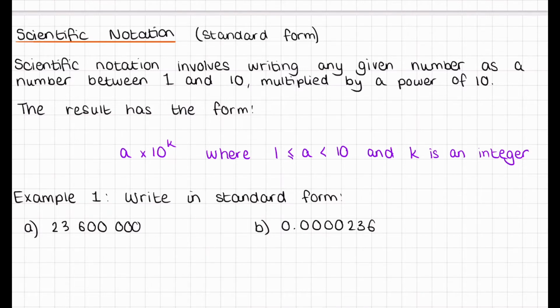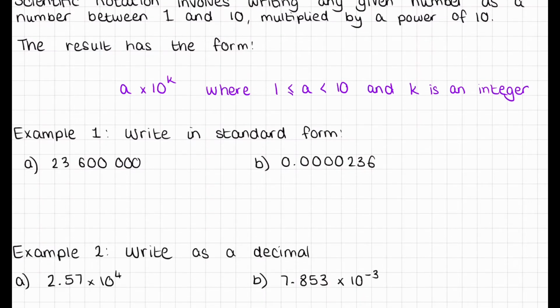All right, just a couple of examples here. Write in standard form or scientific notation, A, 23,600,000. So what I often like to do is I like to imagine my decimal point is here, and we need to move it to here. And so I'll just count how many places it's got to move. So it'll be 1, 2, 3, 4, 5, 6, 7. So it has to move 7 to get from the end to there. So it'll be